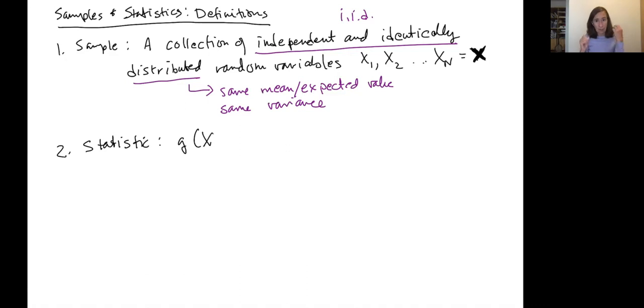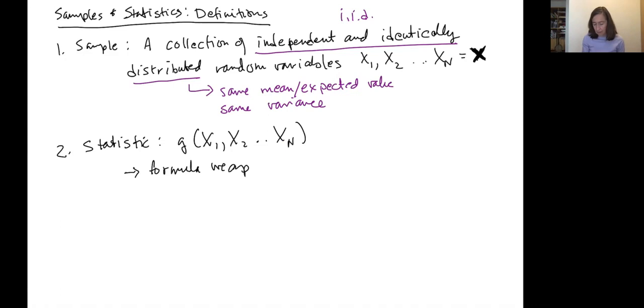We have our sample, we have those real numbers that we as researchers have gathered. And we do something to them. Whatever we do is this G function. So in one sense, a statistic is a formula. It's something that you apply to your data. You've got a big column of numbers and you apply the formula and you get a single number that summarizes it, okay? And that is one important way to be thinking about a statistic all the time. So it's a formula